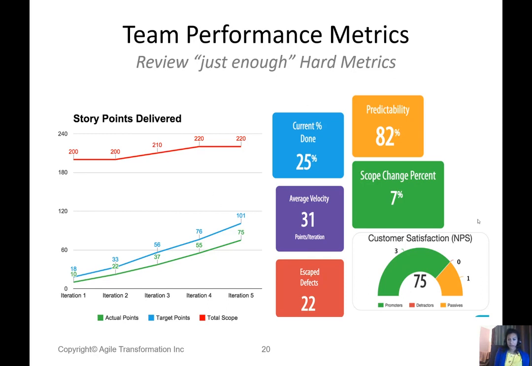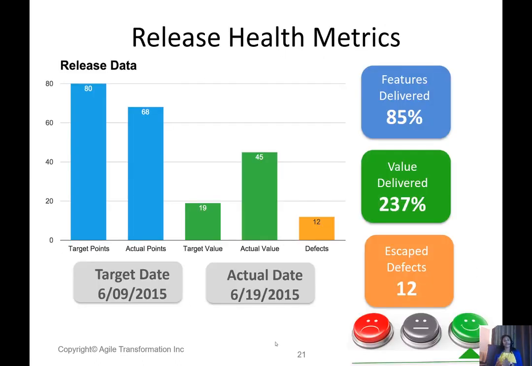This right here, the customer satisfaction, the NPS, comes directly from the stakeholders. As we talked about earlier, that is the confidence that they are showing us when they give those results. Agility Health also will enable you to be able to pull in release health metrics. Those can also be integrated and pulled in automatically.